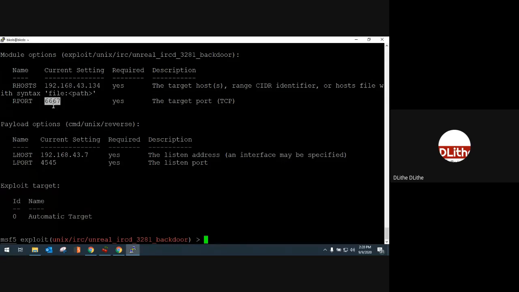Similarly, if the information you have provided over here is different from your current scenario, obviously it will not work, right? So what I recommend is, whenever you get some information, take a notepad or some other reporting tool or a pen and paper, and note down each and everything: note down what your IP address is, what the attacker's IP address is, what port is vulnerable, and refer to that in the later stages.